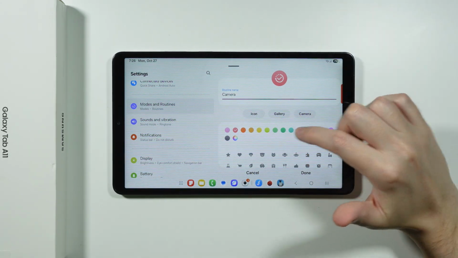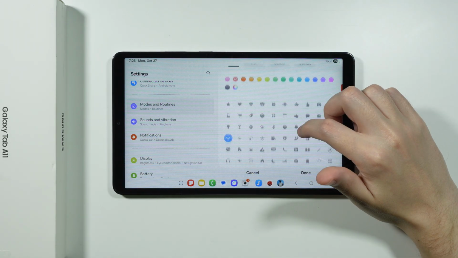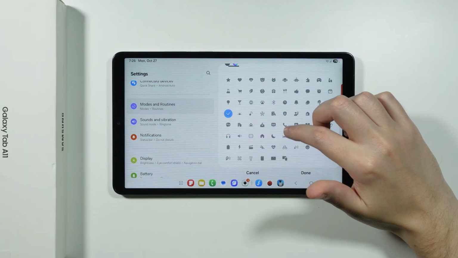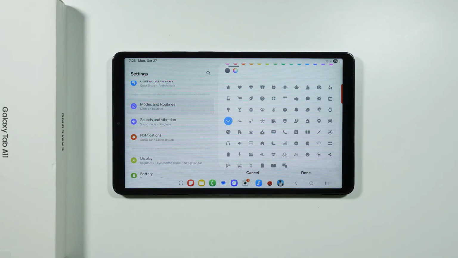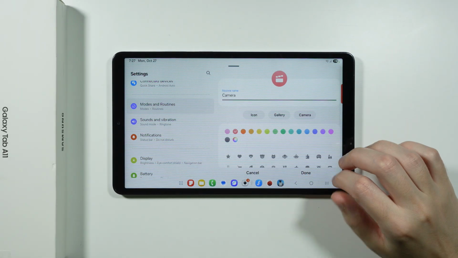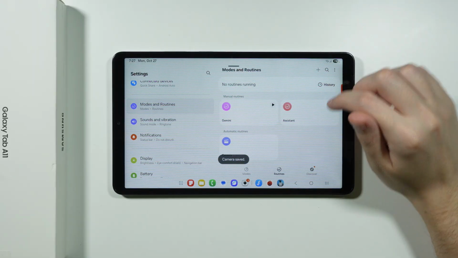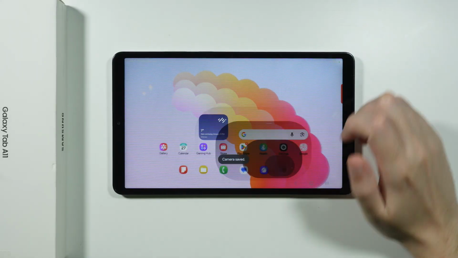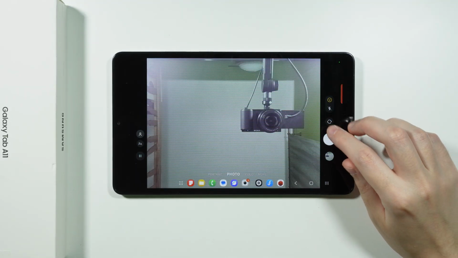Of course, in addition to that, we can change the routine name, we can adjust the icon and so on and so forth. So in this case, let's say we're gonna use, is there any camera? I don't think so. Okay, so since there is no camera, then I'm gonna use this icon instead. There we go. I'm gonna also change the color to this one, let's say. Let's press done. And now if we go to the camera, if we take a photo, there is no sound,